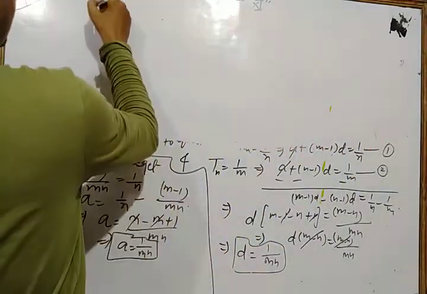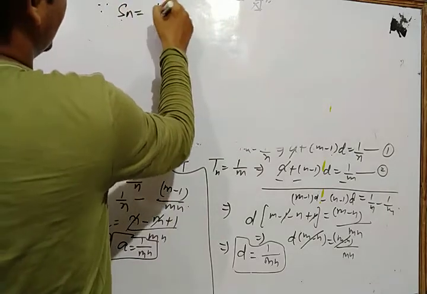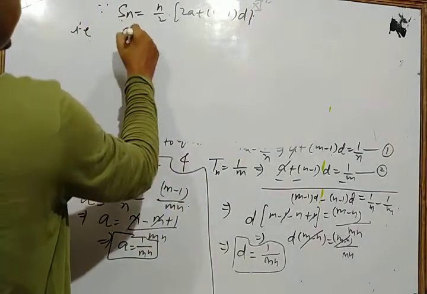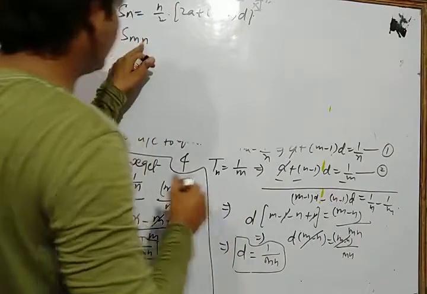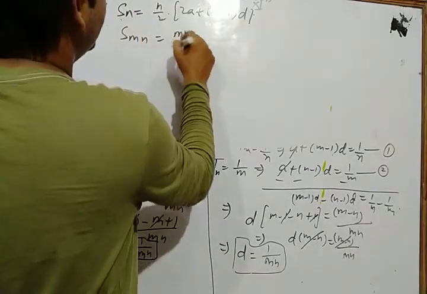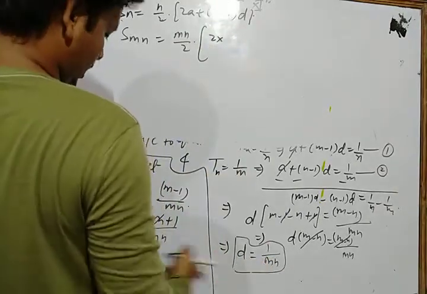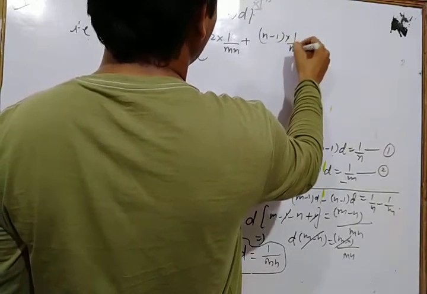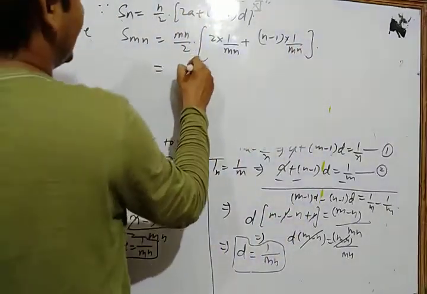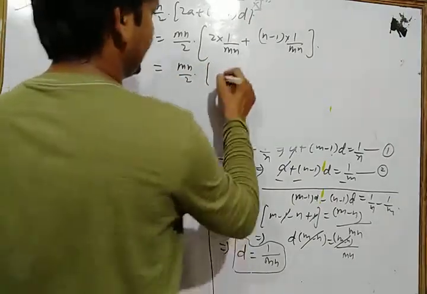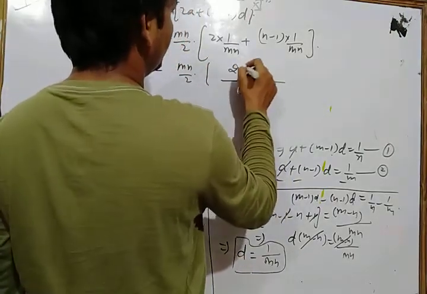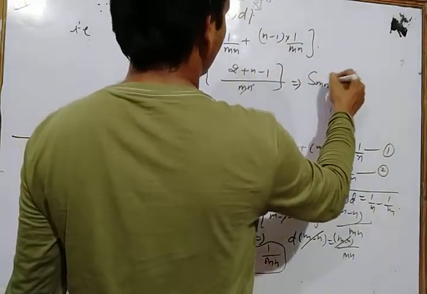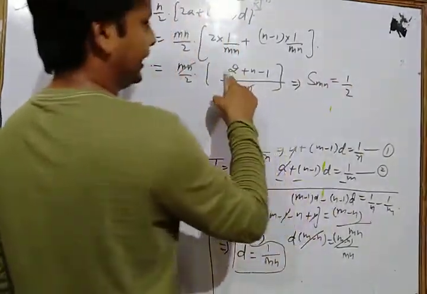Now since we know that the sum of n terms of an AP is n by 2 into (2a plus (n minus 1) into d), that is the sum of mn terms. So we put n as mn, so it is equal to mn by 2 into the value of a, which is 1 upon mn, plus (mn minus 1), the value of d is also 1 upon mn. Now let's see, mn by 2, take mn as LCM, so we get 2 plus (mn minus 1). mn cancel to each other, so we have Smn is equal to 1 by 2,